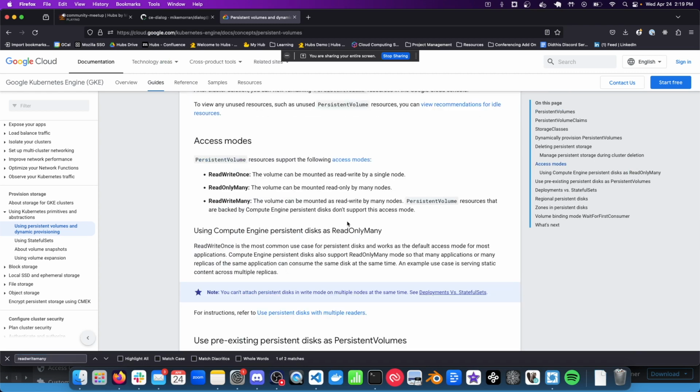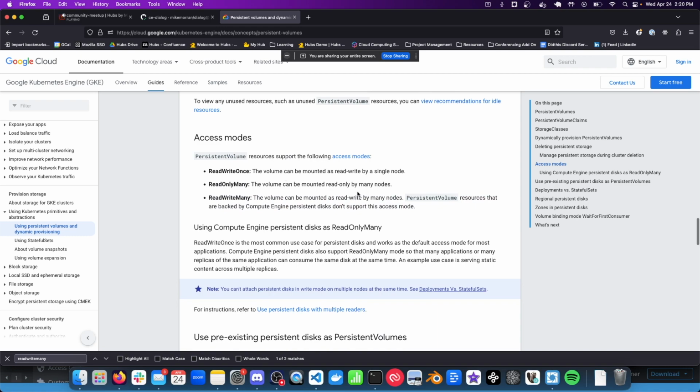So we can see here, this is the actual documentation. The volume for read-write many, the volume can be mounted as read-write many by many nodes. Persistent volume resources that are backed by compute engine persistent disks don't support this access mode. Basically, what this means is we can't have more than one